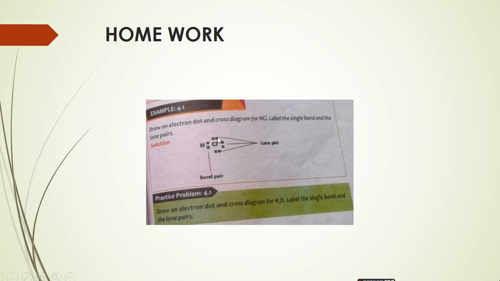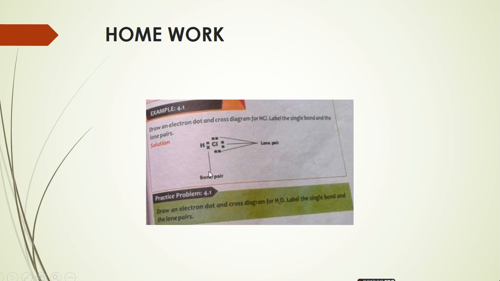So the pair of electrons which are not bonded are called lone pairs of electrons, means they are not bonded, while the bonded electrons are here. So this cross is showing the electron of hydrogen and these dots are showing the electrons of chlorine. The bonded one is here, so this is the bond pair, and this one and this one, these are the dots. The 2 electrons means a single pair. So how many pairs? 3 pairs, and we call them lone pairs, means they are not bonded.